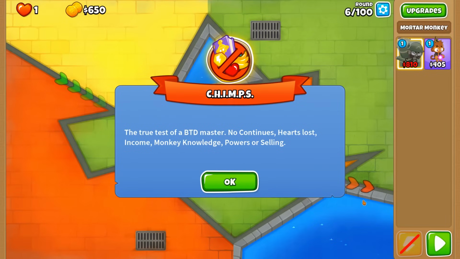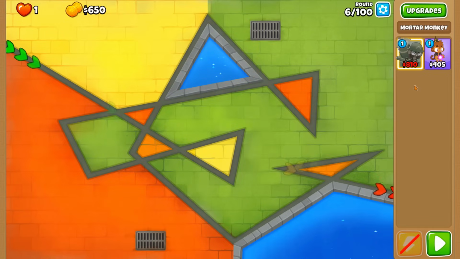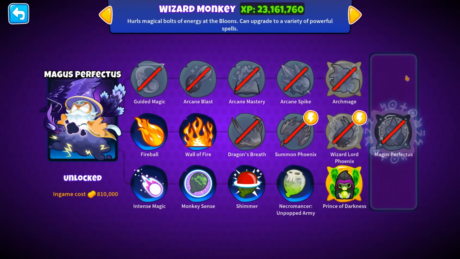2 Tower Chimps is an achievement in Bloons Tower Defense 6 where you complete an entire Chimps game with only 2 towers. And yeah, I made a community post which was, well, let's just say stupid of me to do so, because I didn't even realize, and actually I misread this, but the Poppinor attack cooldown delay